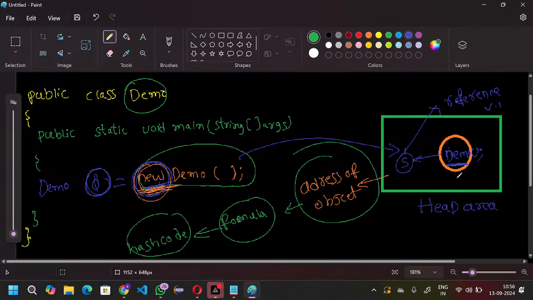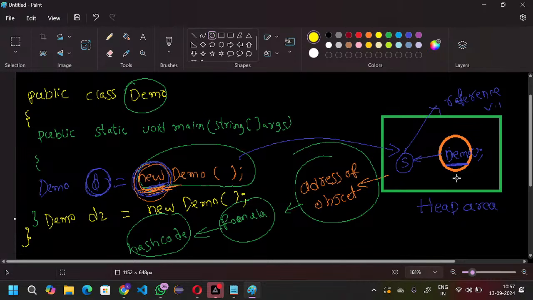Now you can see, I will create one more object also with the new demo, and I'm storing this one. This is D2. I am mentioning D2. Should I create it like this? Then what will happen? This object will be stored inside the heap memory, the same process. It will be stored inside the heap memory based on the address of the object, and then